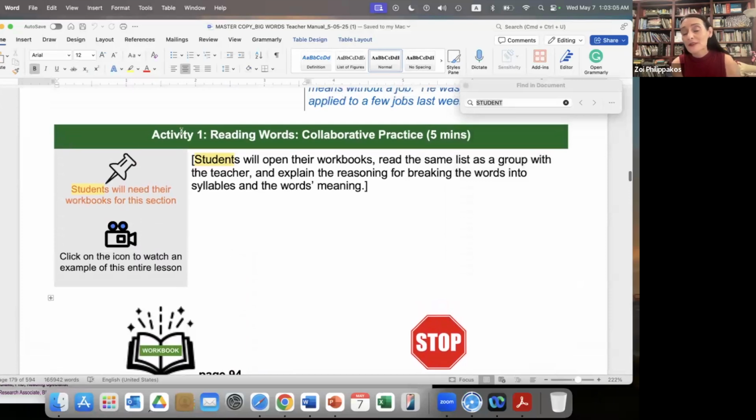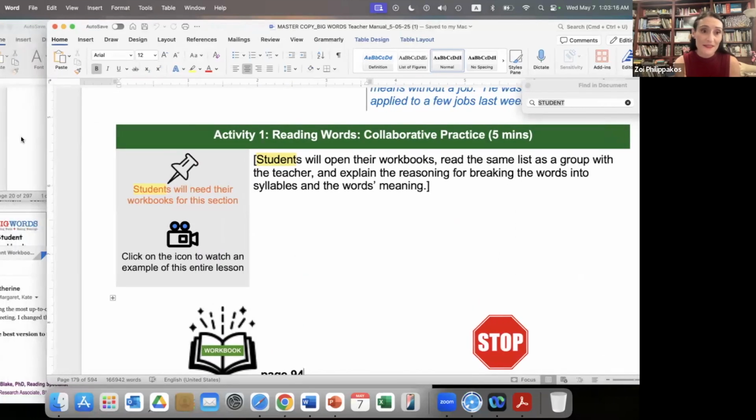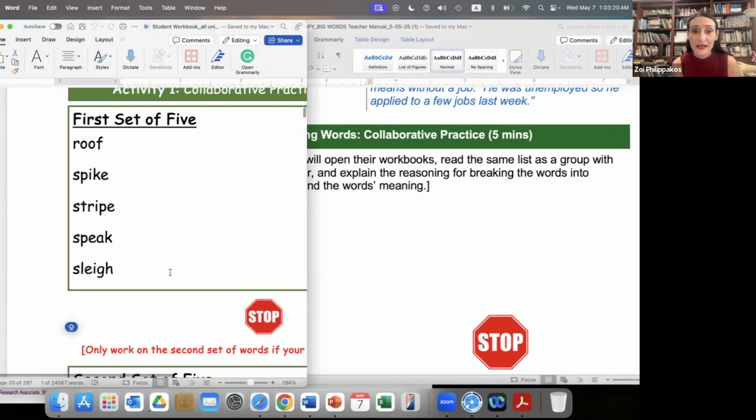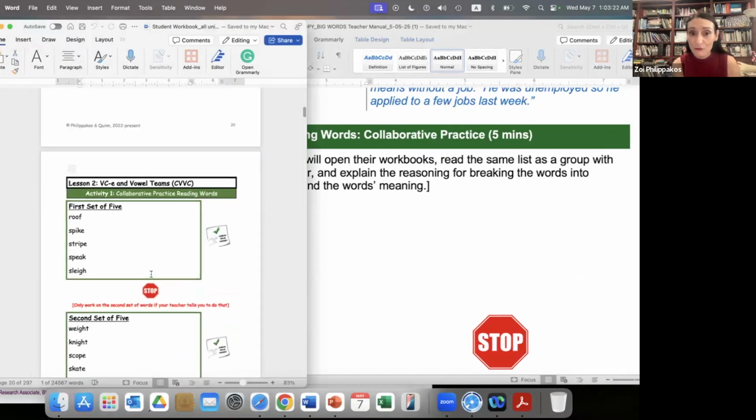So when they're working, for instance, and I open this as an example, in the reading words collaborative practice, in this lesson which is on prefixes, suffixes, if I open the student book and I go to page 94,